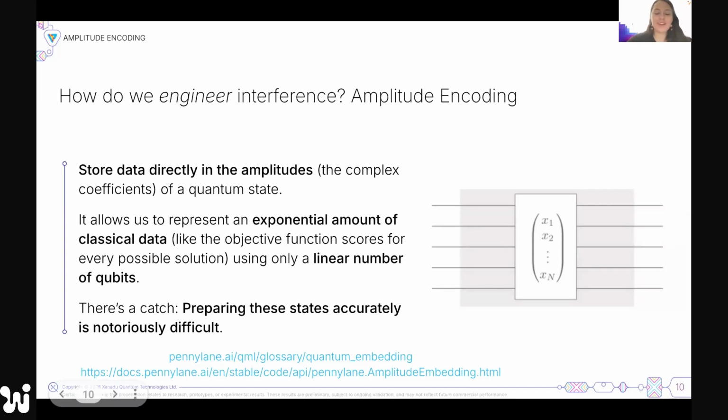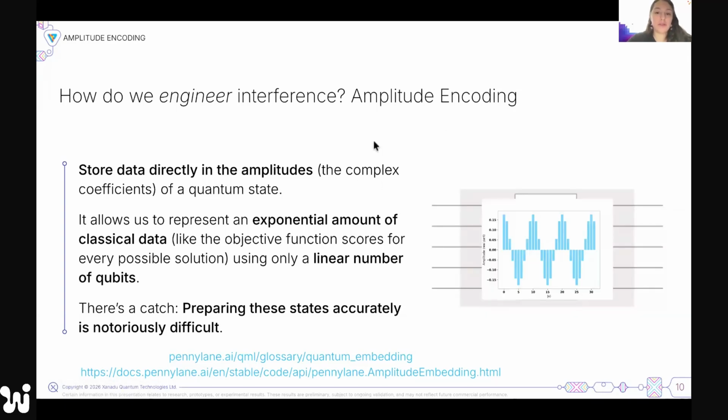So maybe for a different session, maybe for the next Wiser program, we can talk about state preparation, which is a whole big thing. But today we're going to look at just one, which is amplitude encoding. I'm going to encode my data into the amplitudes of my state, which are these coefficients that you will have seen, basically the coefficients of my state. This is very hard to do. So to be fair, it's not obvious how to do it, right?